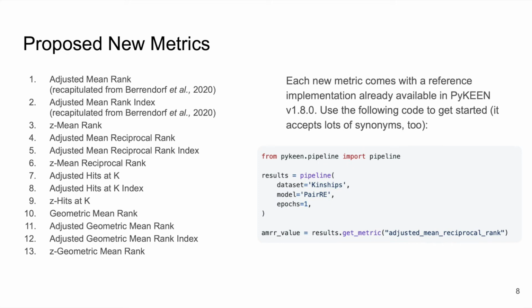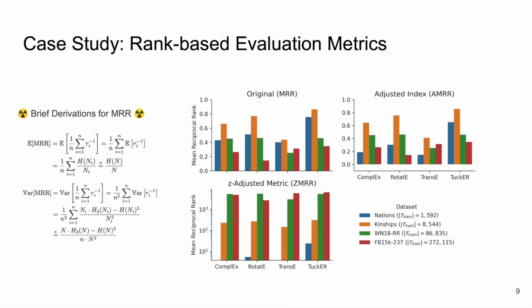We've included detailed descriptions of the assumptions and the derivations for all of the following slides in the appendix of our manuscript. And we also provide implementations of each of these in the PyKeen software package, so you can get them right now using the latest version from pip. So as a case study to demonstrate these new metrics, we want to present how they can be more interpretable in practice. First, we reevaluated a few standard data sets with a few different flavors of knowledge graph embedding models.